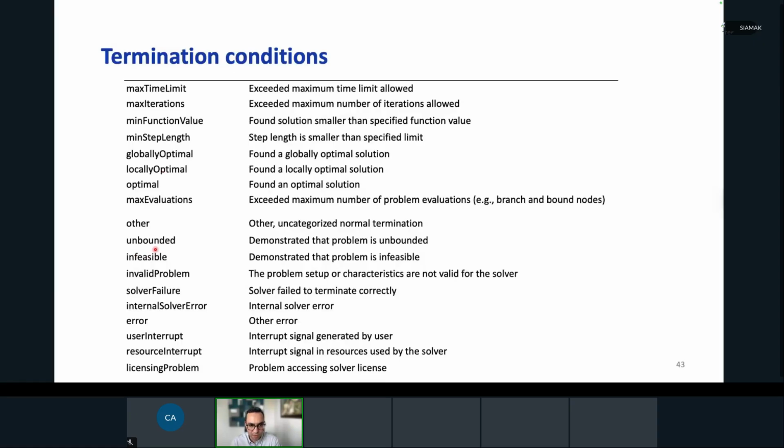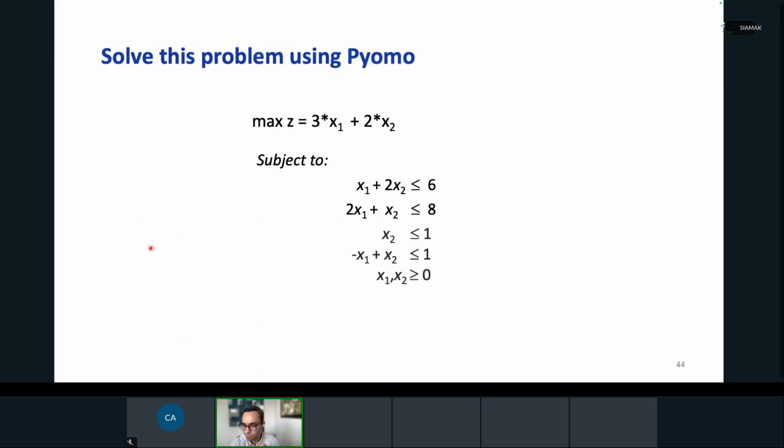If you remember from outcomes of LP, for instance, if it is unbounded or infeasible, again, it will terminate and give you the report that your model is basically unbounded or infeasible. There are lots of other termination conditions that you can see here. Okay, now let me quickly move to